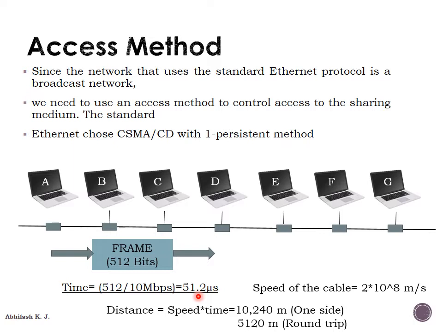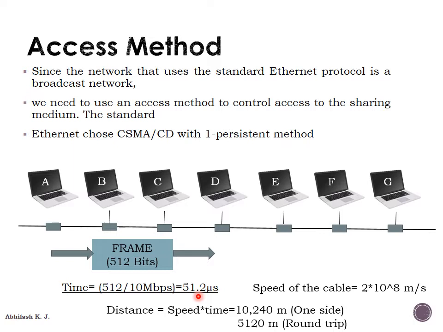The sending station is certain that no collision will occur if abnormal energy is not sensed during the first 512 bits. In that case, if a collision is detected, it will refrain from transmission and resend the frame after a particular duration, which we will consider in the next case. In case no collision is detected, it will discard the copy of the frame that is stored in its buffer.